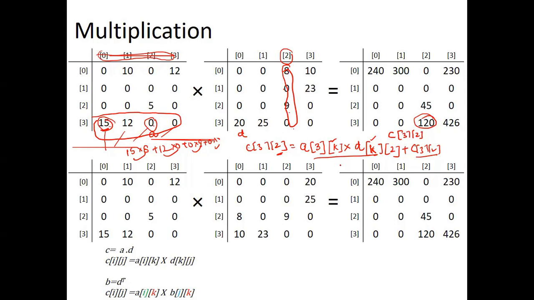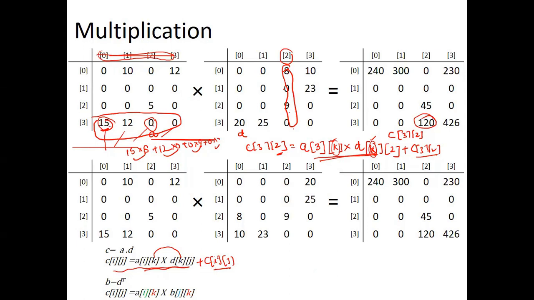Now, whenever you try to multiply two sparse matrices, the alternative is this. In the general case, Cij is equal to the earlier value of Cij plus this product. That means these K values should be matching. This is how you do it in the earlier case.